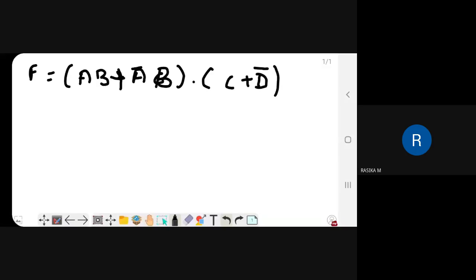So this is the given expression. We are going to draw its basic diagram first.